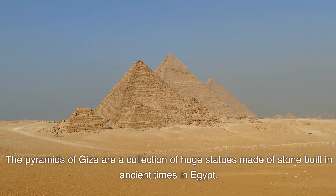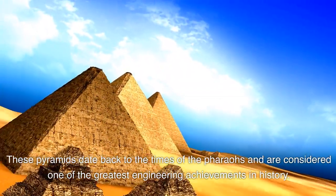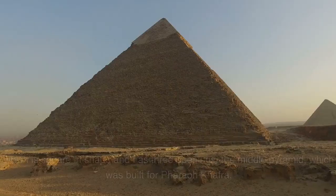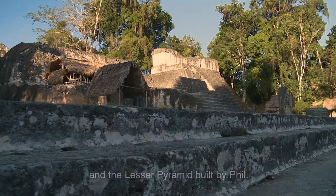The pyramids of Giza are a collection of huge stone structures built in ancient times in Egypt. These pyramids date back to the times of the pharaohs and are considered one of the greatest engineering achievements in history. It consists of three main pyramids: the Great Pyramid, which is square in shape and has three openings, the Middle Pyramid, which was built for Pharaoh Khafra, and the Lesser Pyramid